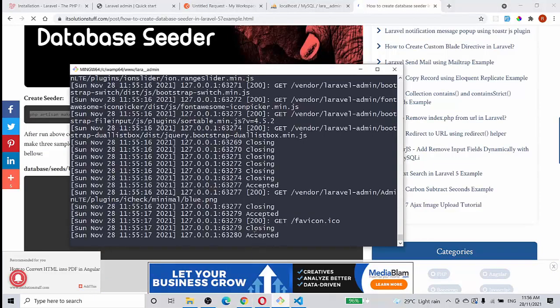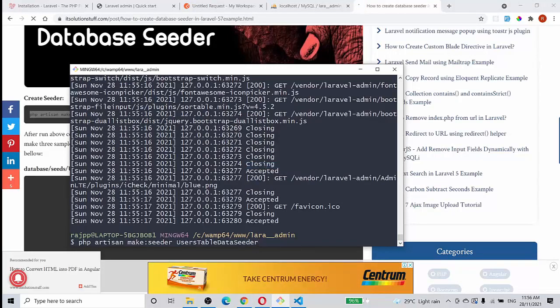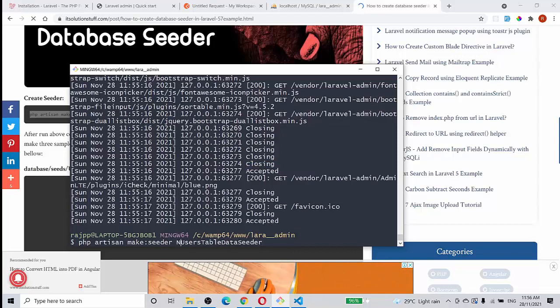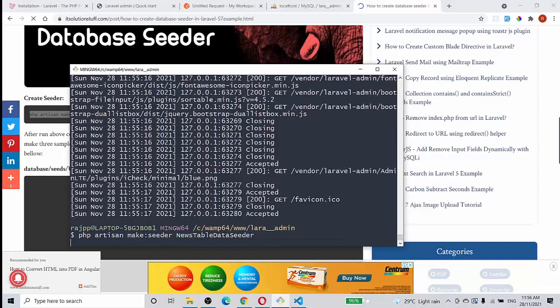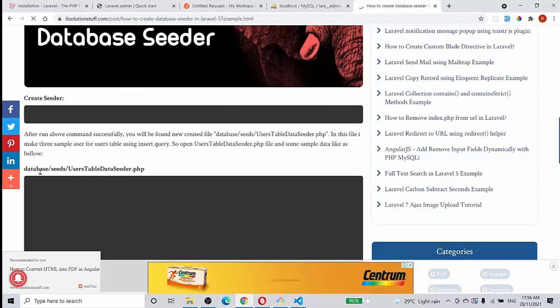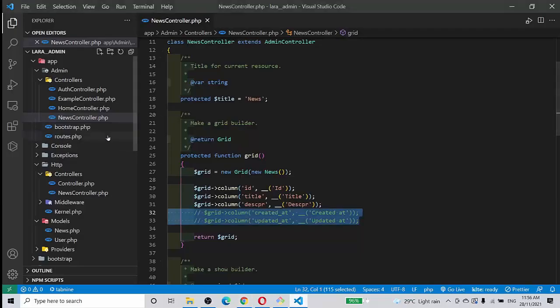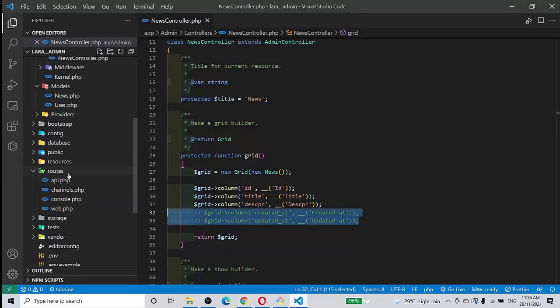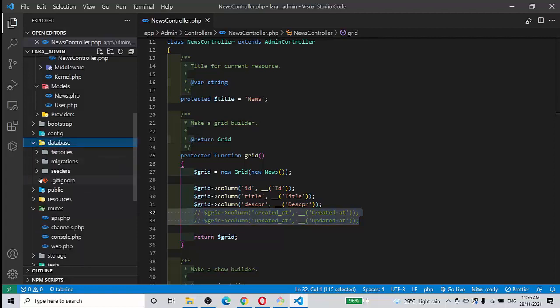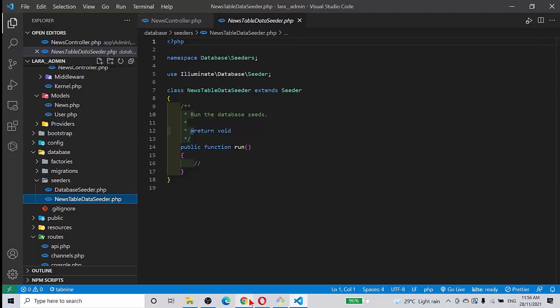Okay, let us go to this one. We stop the server for a short time. Paste this PHP artisan make seeder news table seeder. Enter the command. Seeder is created successfully. So where it is created, you have to look for database seeders and then for that file already. So database seeders, news table seeder has been created. So come back,